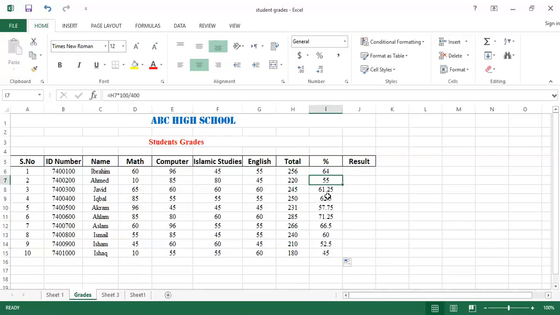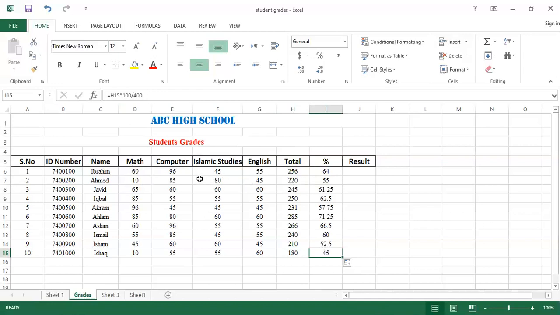So in this way you can calculate the percentage and total marks of students in their mark sheet or report card. Whenever you click any cell, you will see the formula has changed. Right now I am in I9, and in I9 you can see it has become H9 multiplied by 100 and divided by 400. Again I will select the last one. In the last one the address is H15, so this is total marks in H15 multiplied by 100 and divided by total marks. Total marks are 400 because we have 4 subjects.